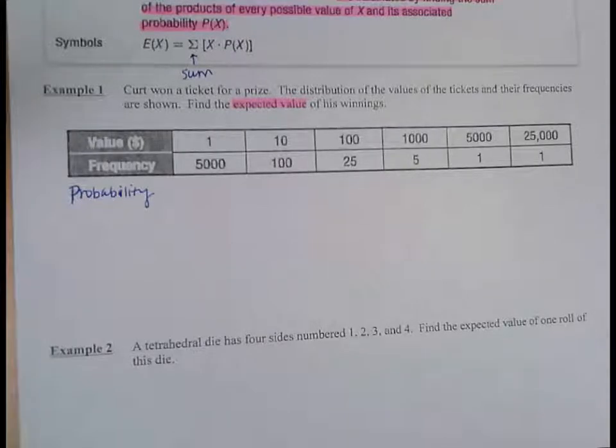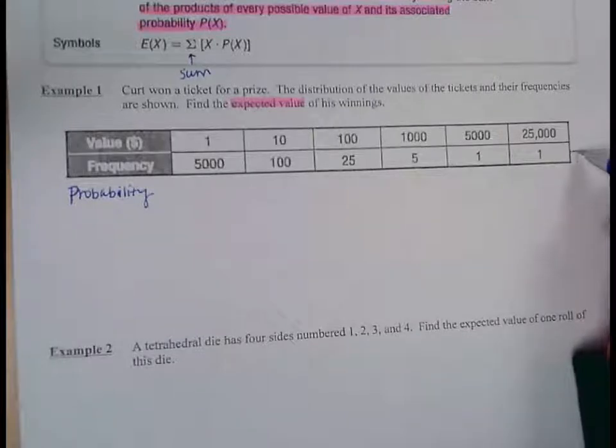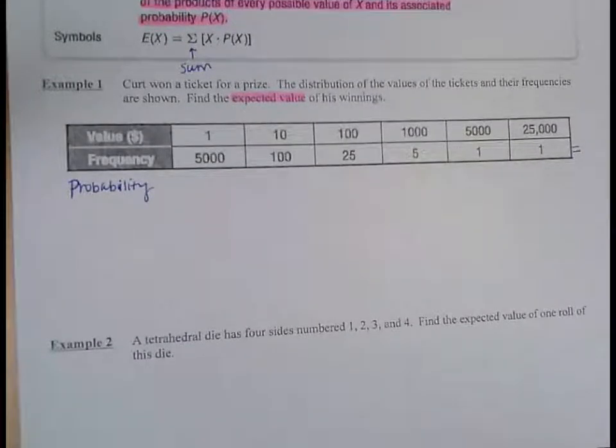Or what information would we need to know in order to calculate probability? So like the total possible outcomes. From the information we have, how could we find the total possible outcomes? Yes, so we can add all of these frequencies together just to see what are the total number of outcomes